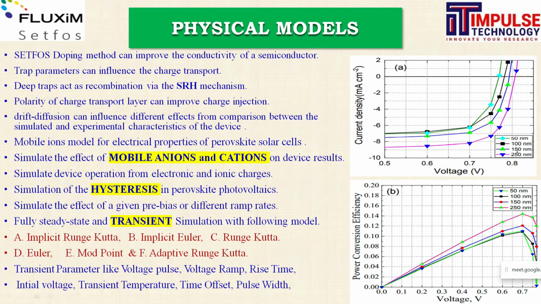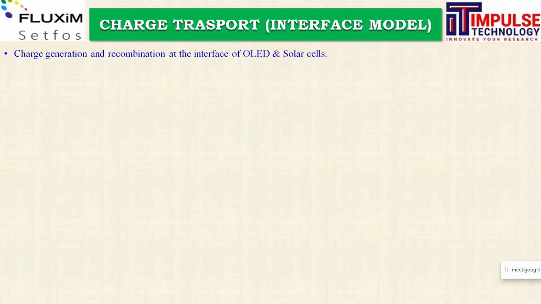So these are some different variations with respect to the thickness of active layers, perovskite active layers, and many other parameters you can tune and you can expect the results. I will show in the demonstration how easily, with a single click, you can vary multiple parameters and